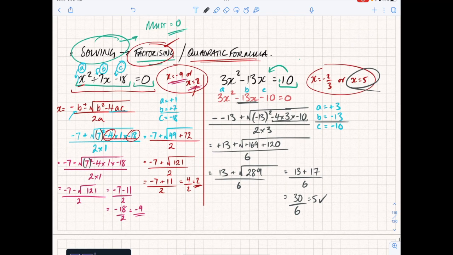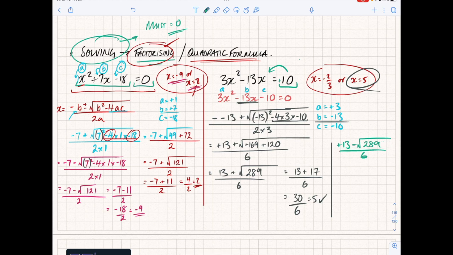Okay, and then let's just redo it again, making sure we know what we're doing. So instead of it being a plus here, I'm going to change that to a negative now. So it ends up being plus 13, so it's minus 13, minus the square root of 169 plus 120. So all of that stays the same. So we know that ends up giving us 289,